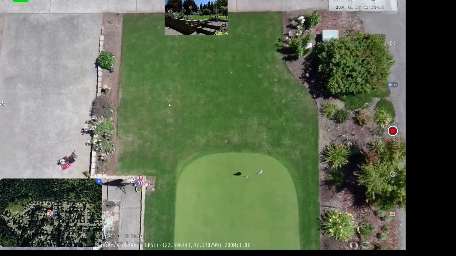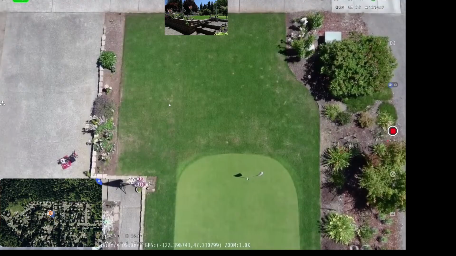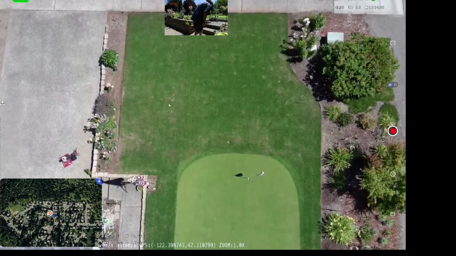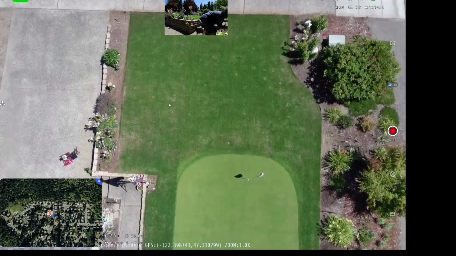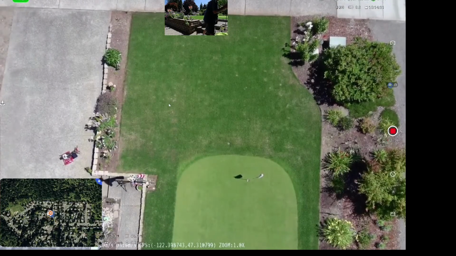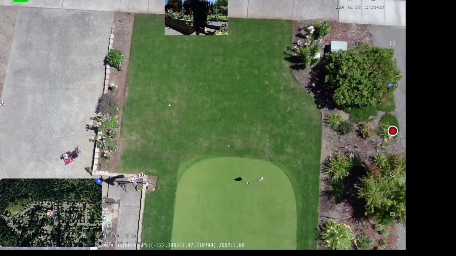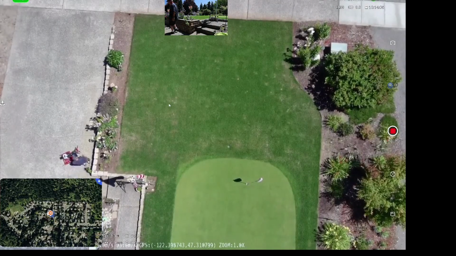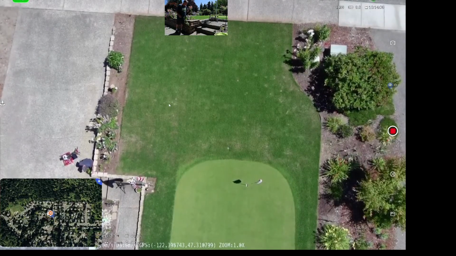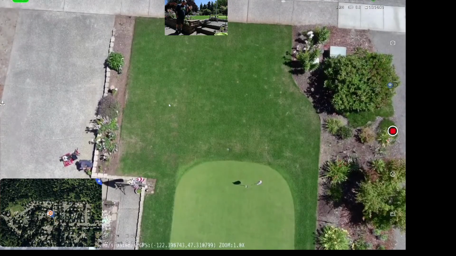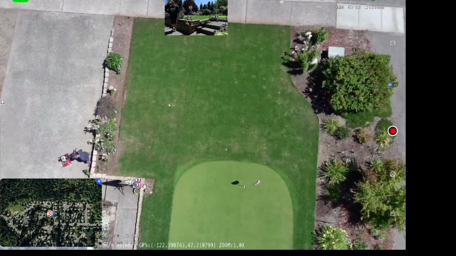This is going to be a nice little mow here. Oh, seems like that's working. Okay. Just going to move on with the mow.